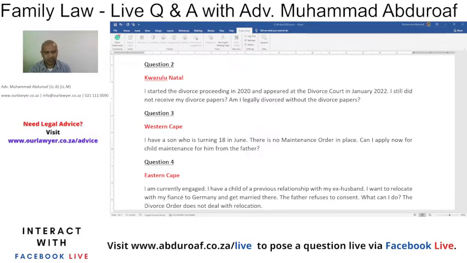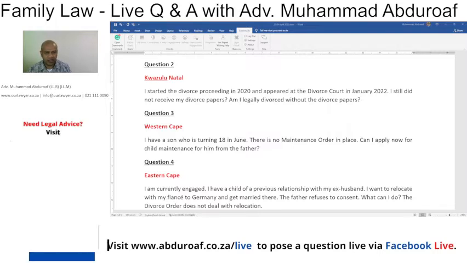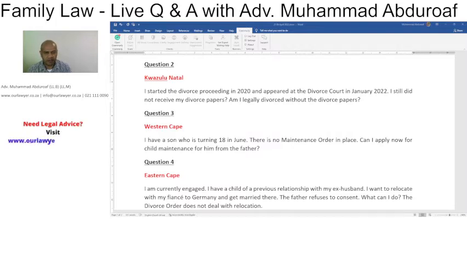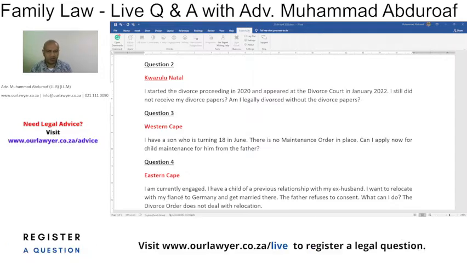If you can be heard before June and have the matter finalized, and the court makes an order that the father should pay maintenance, or the other parent should pay maintenance until the minor child is self-supporting, then obviously that order would continue until that specific stage. After the child completed high school and tertiary education, or is earning some money,